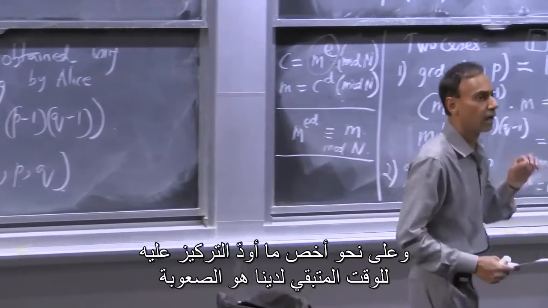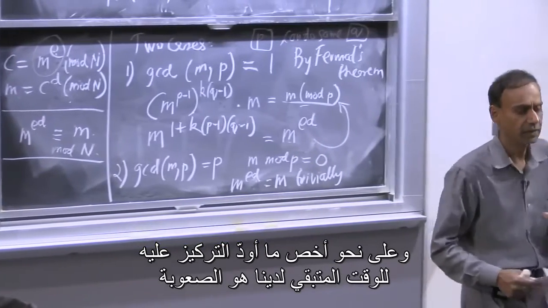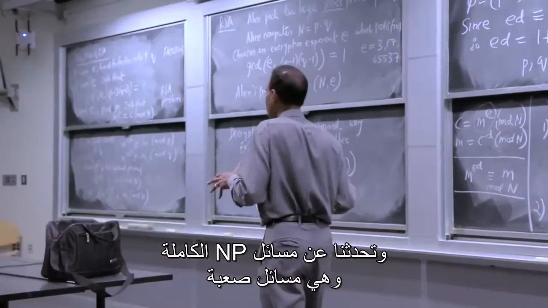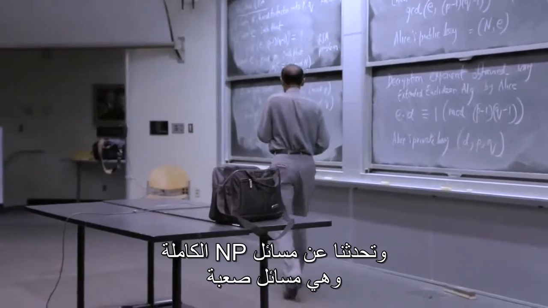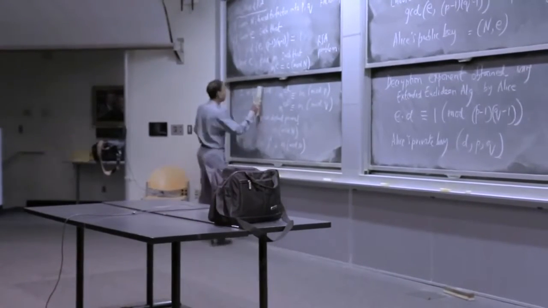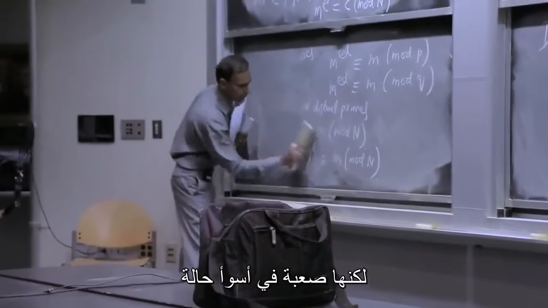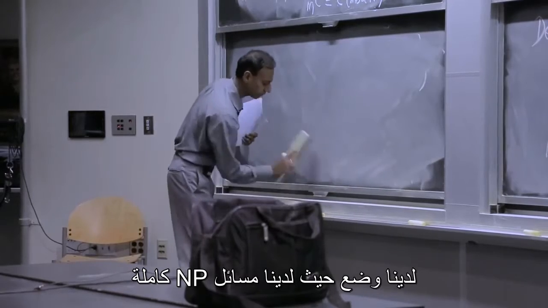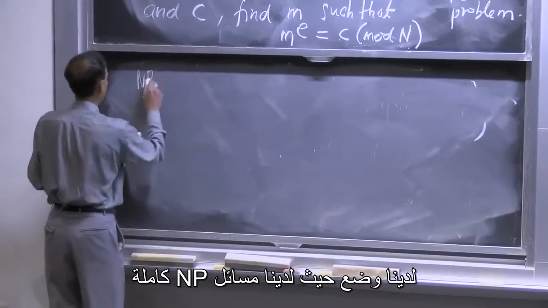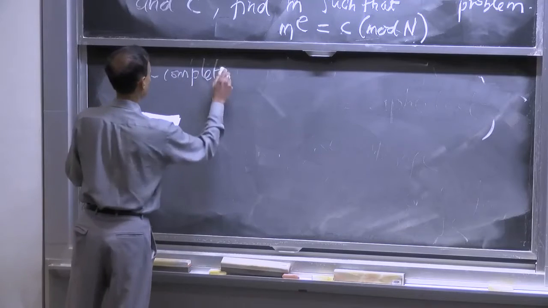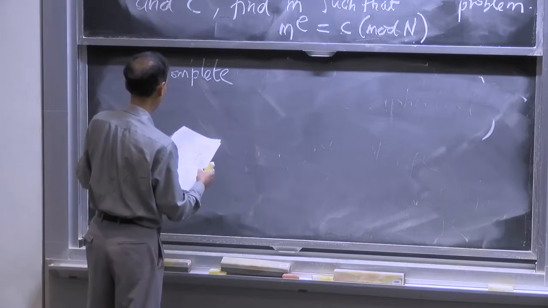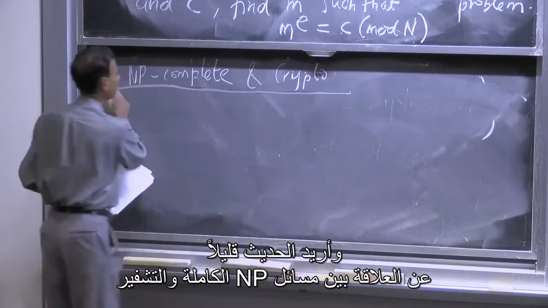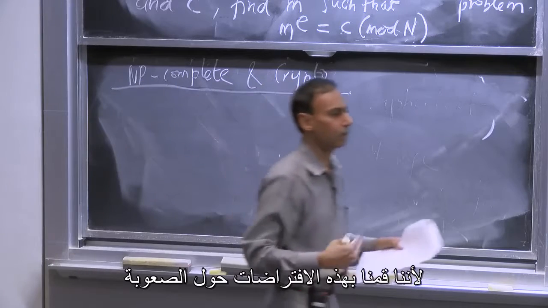And precisely what I'd like to focus on for the time we have left is hardness. So we spent a lot of time talking about hard problems, and we talked about NP-complete problems that are hard, but they're hard in the worst case, right? So you have a situation where you have NP-complete problems. And I'd like to talk a little bit about the relationship between NP-completeness and crypto, because we've made these assumptions